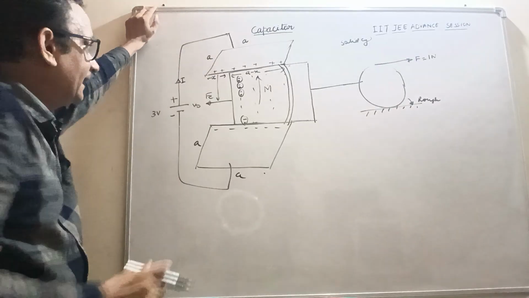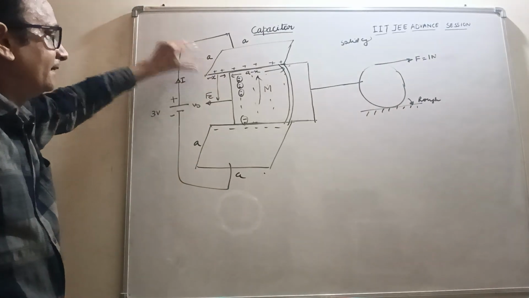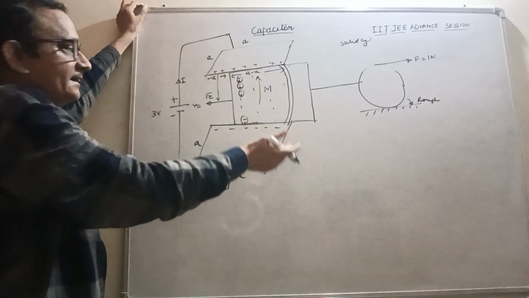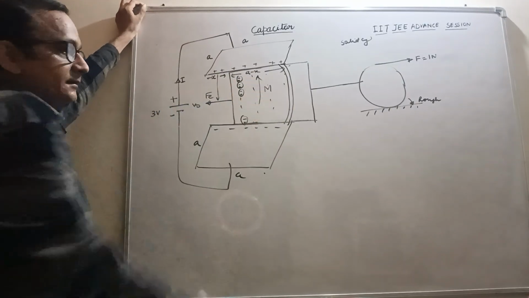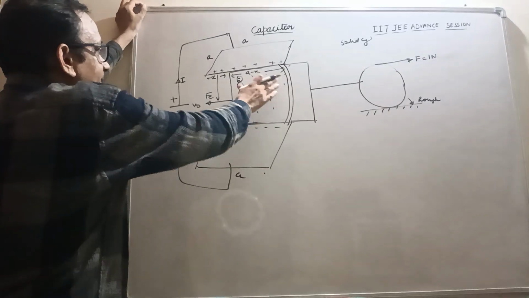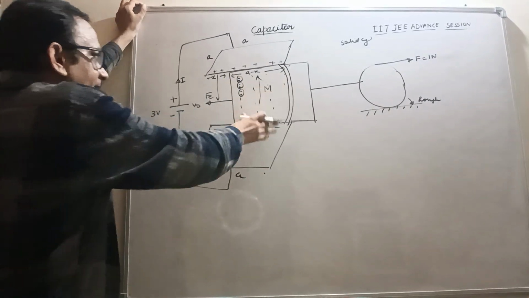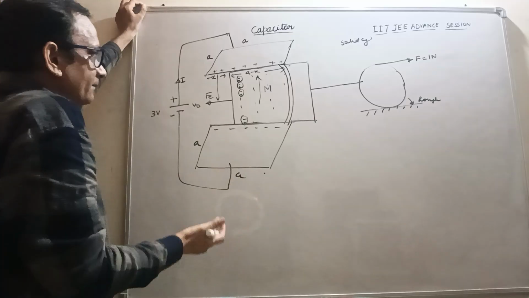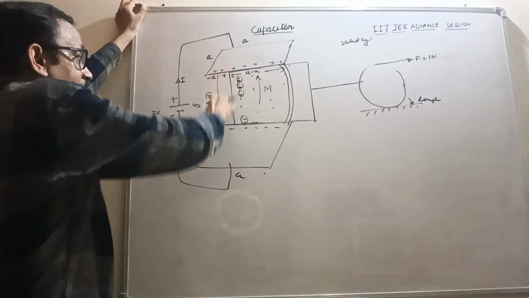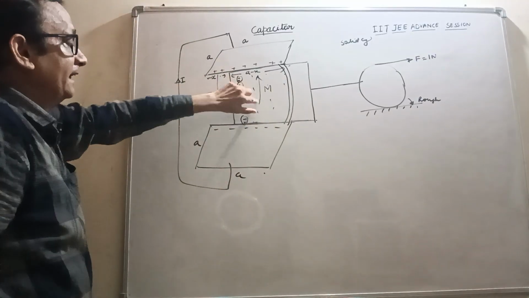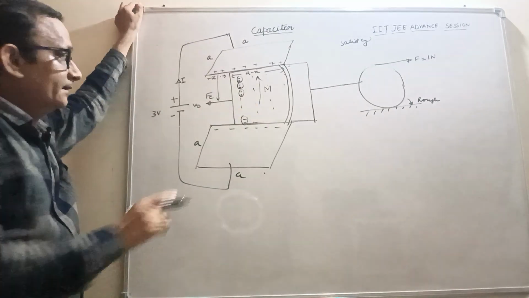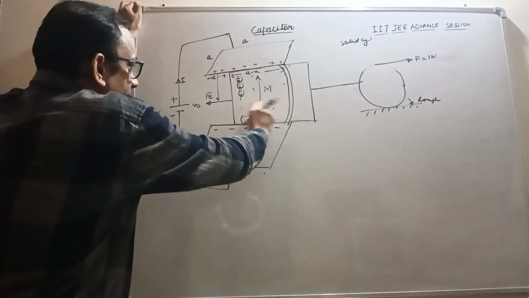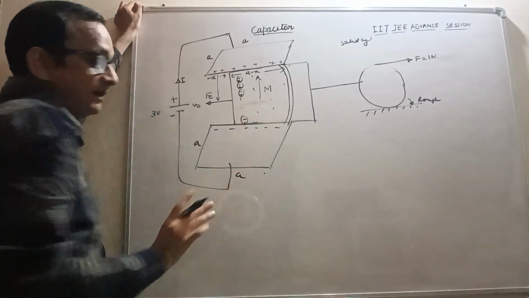Here the electrical energy of the capacitor changes into kinetic energy of the slab. This is the inserted slab, the dielectric slab. So electrical energy is converted into the energy of the slab, and the slab oscillates,